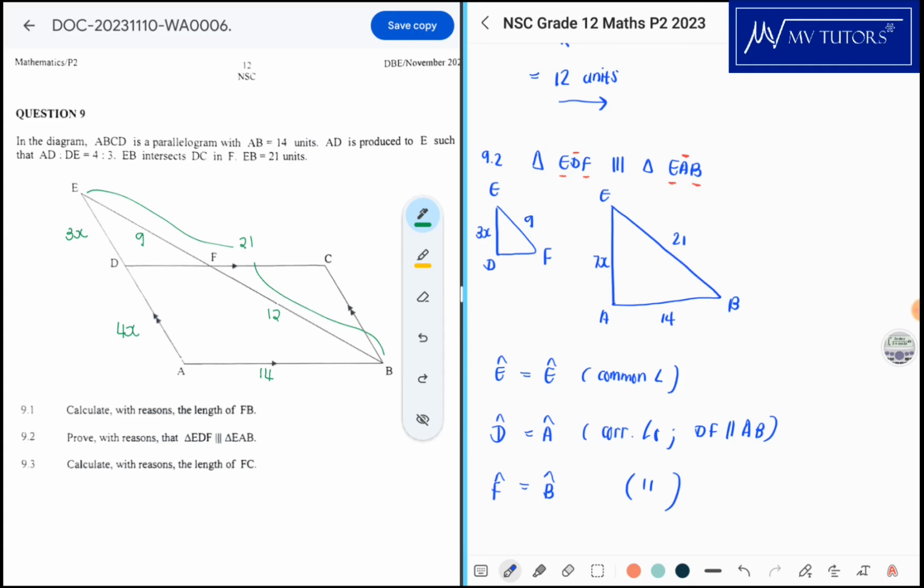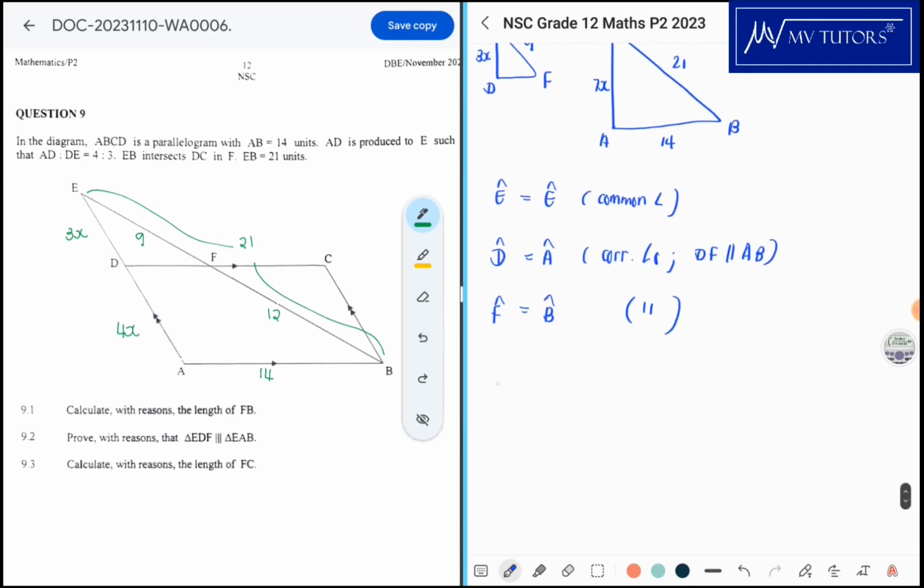And because of that, we can then say, therefore, triangle EDF is actually similar to triangle EAB. And because we've shown that the angles are equal, our reason can be angle, angle, angle. Okay, that's cool. And now 9.3,